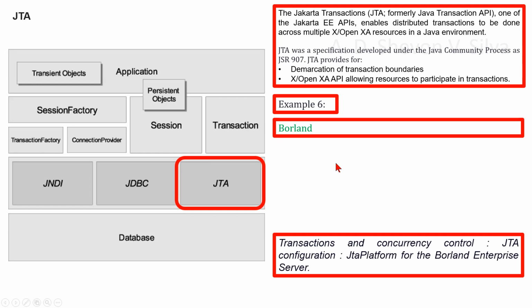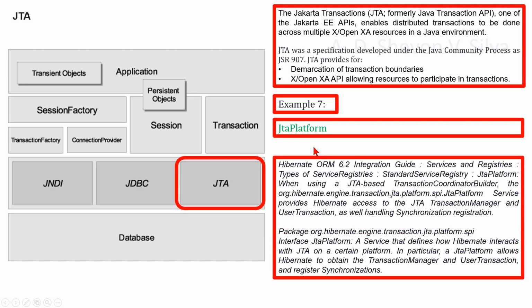Hibernate provides many implementations of the JTA platform contract with short names. Here, for example, Borland, JTA platform for the Borland Enterprise Server. Now we are considering JTA platform in the standard service registry, in types of service registries, in services and registries in the Hibernate ORM 6.2 integration guide. JTA platform: when using a JTA based transaction coordinator builder,